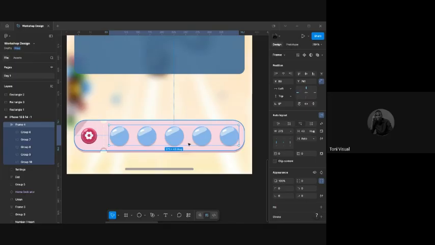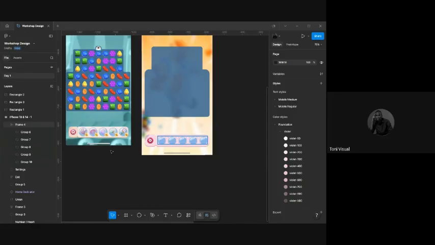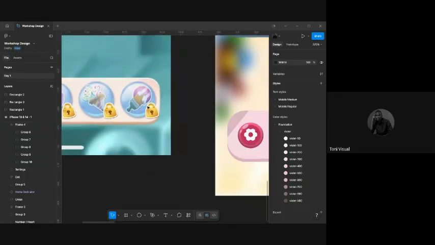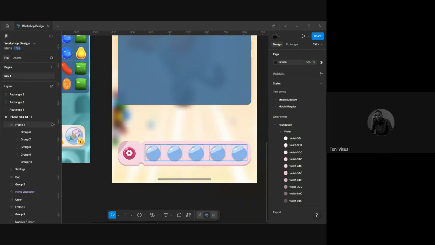Now, can you guys see how I'm able to achieve this particular stuff here? For the key icon, you can also do it manually, but because of time, I can't do it. I think I've spent too much time here. So now that I'm able to achieve this particular stuff here, I can just